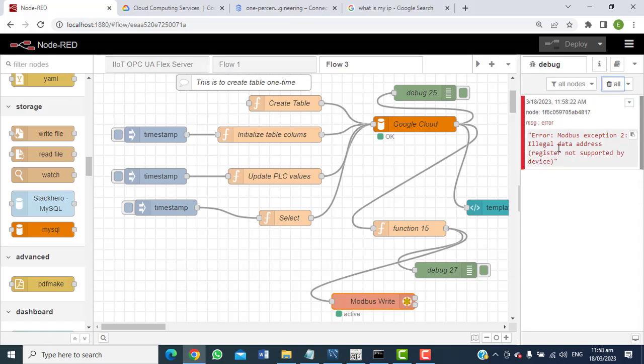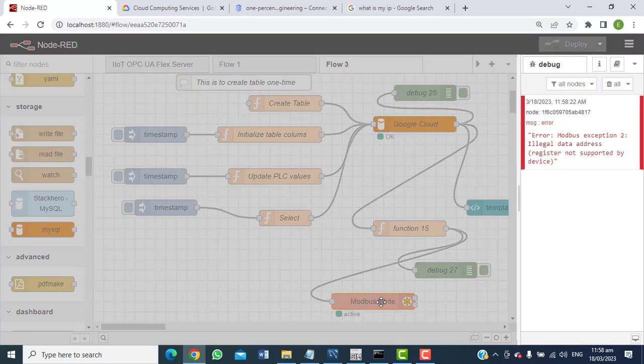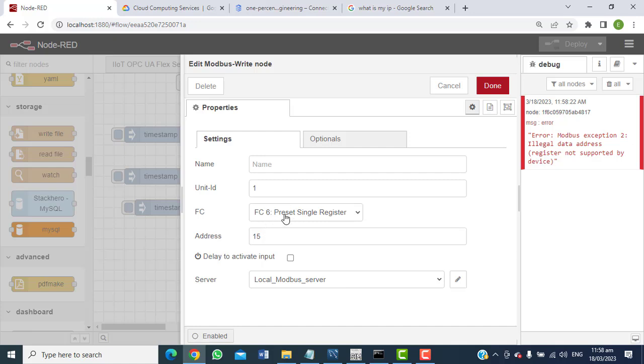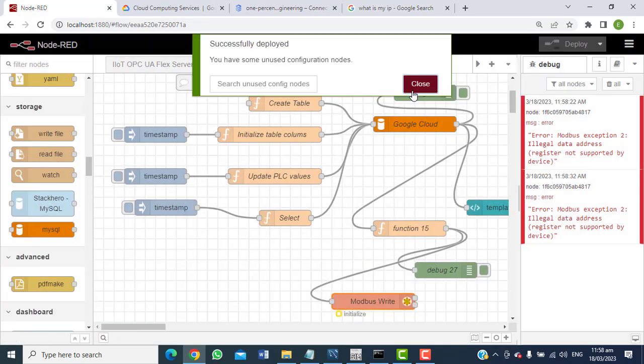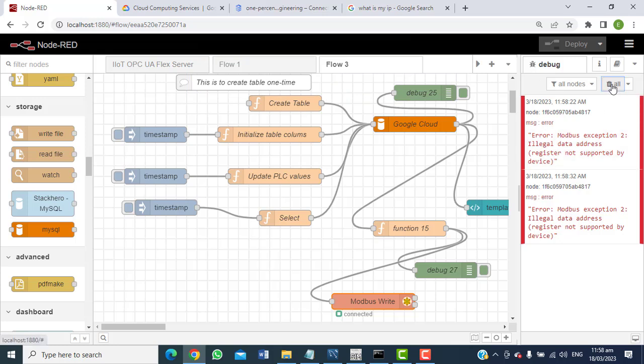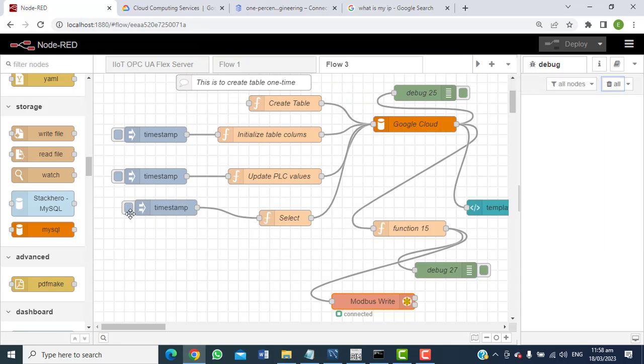So let me clear this. We could be getting errors, but not for this particular one. So let's say I want to write it to MODBUS address 15. You may have seen the answer written there already. So if I save this, put that value there, and deploy,